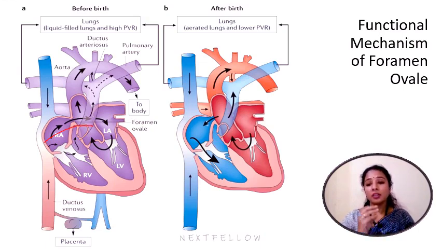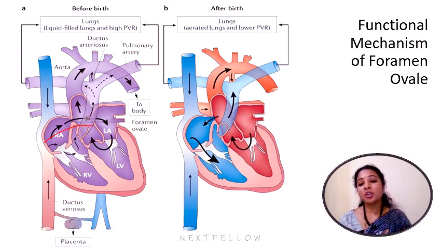In adults, the foramen ovale is represented by the fossa ovalis. The fossa ovalis represents the septum primum, and the annulus ovalis, also called limbus fossa ovalis, is the prominent horseshoe shaped margin of the fossa ovalis, which represents the edges of the fetal septum secundum. Suppose there is any atrial septal defect, there can be a chance of persistent foramen ovale even after birth. That causes an abnormal circulation from the right atrium to the left atrium.